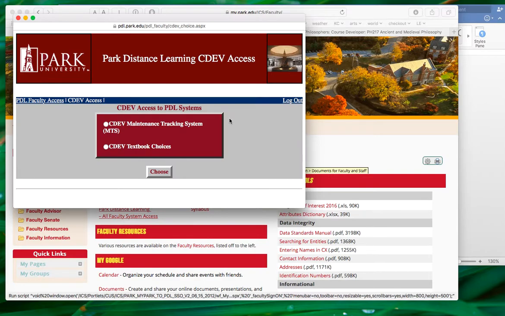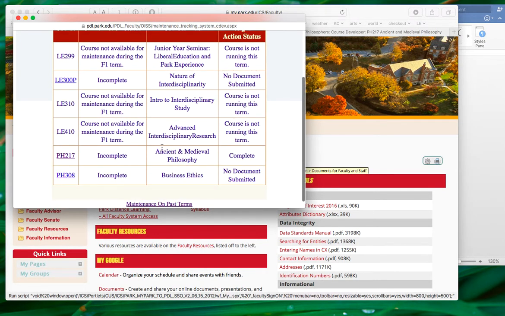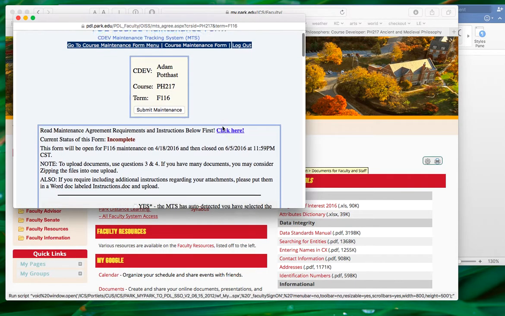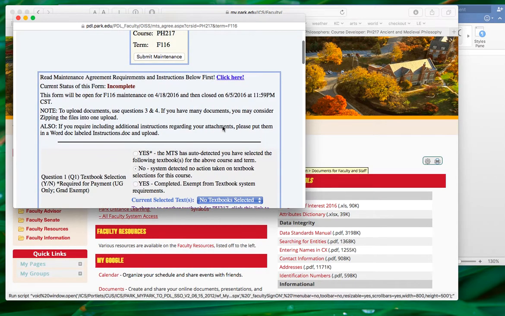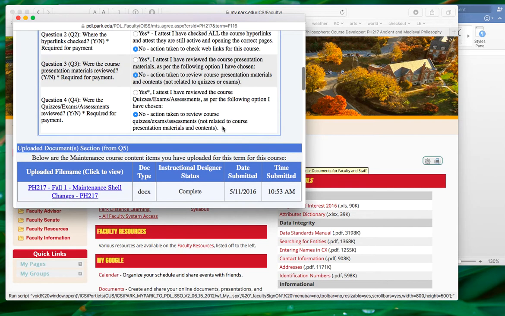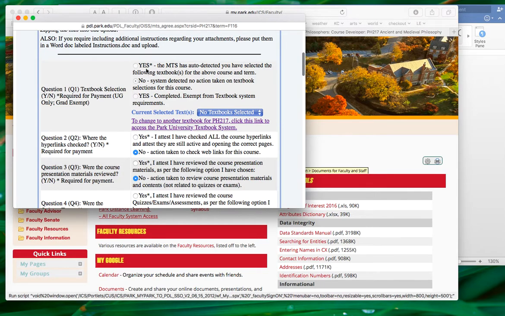I don't know why I'm logged in as Tamara Tucker, that's a little strange, but the maintenance tracking, choose that. You can see here are the courses that I'm maintaining. In this case, I want to let the instructional designer know that I've made a couple of changes to my maintenance shell in PH217. So for PH217, you read down through this. Once you've made all the changes, you answer what you need to answer to the